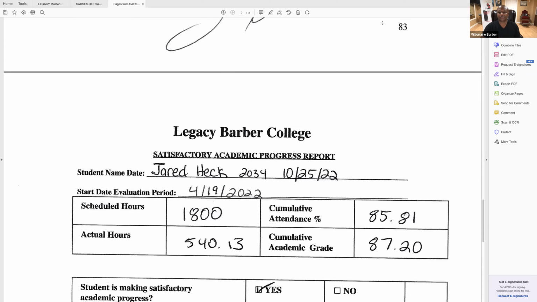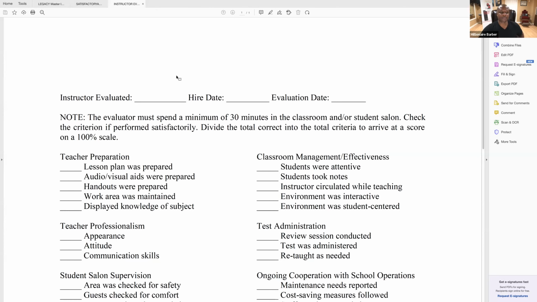Now, I want to show you all some other things. Okay, this is the instructor evaluation, meaning you have to evaluate your instructors at least once a year. Instructor evaluated, put their name, hire date. That's the date that you hired them. Evaluation date. You have to do the evaluation date on the same day every year. You can pick a date out of the year that you can remember, or you could do their anniversary date. So once an instructor has worked at your location for at least 12 months, you have to